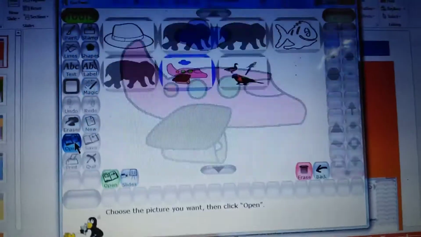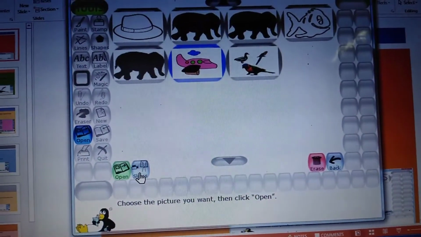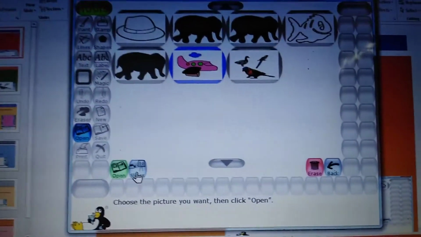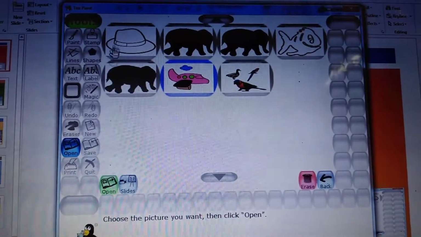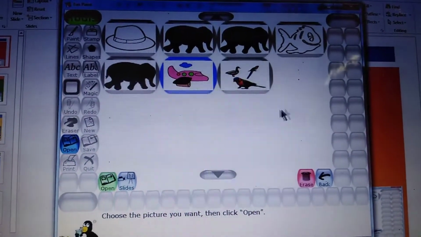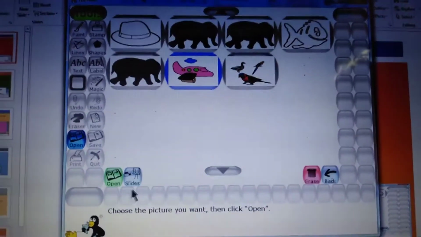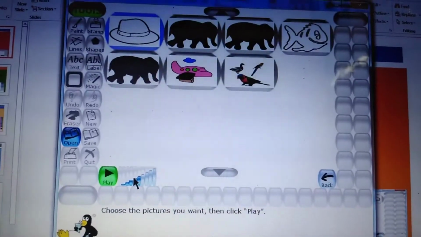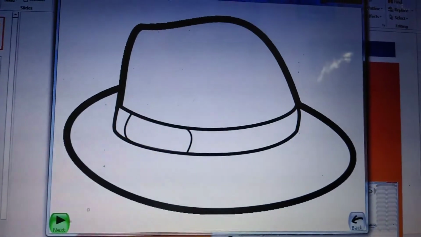Click the open button again. Now you will go back. Now there is a slide button over here. This slide button is used to display files in the form of a slideshow. Now, whatever slides we have created, you can see in the open list box the slideshow of all these images. Click on slides. Then click play. You can see one after the other.